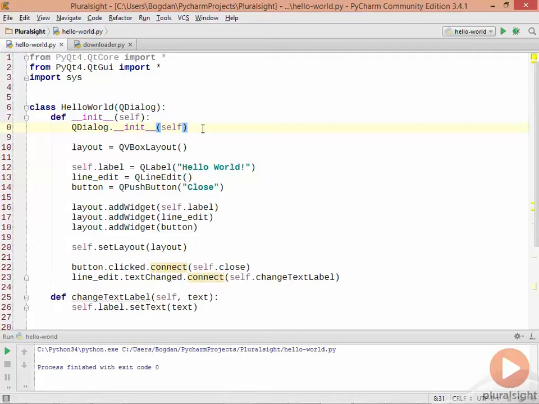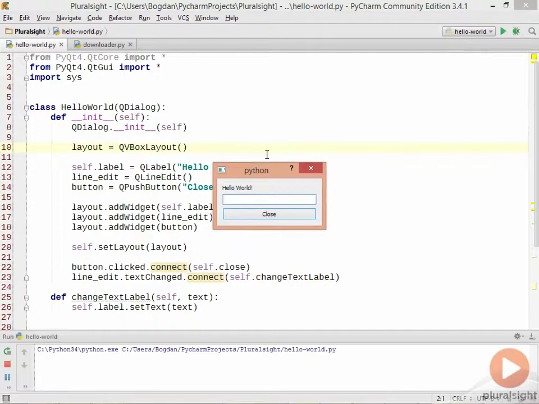In the last video I showed you what layouts are, but just as some mock-ups and images on the screen. So in this video we're going to see them in action. I have here our Hello World application from before, which as you might remember uses the vertical box layout. But just to remind ourselves, let's run the application. And you can see that the elements are aligned in a vertical order. We have our QLabel at the top, our QLineEdit in the middle, and finally our QPushButton